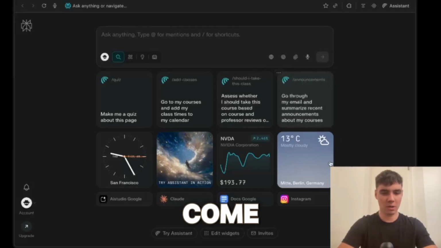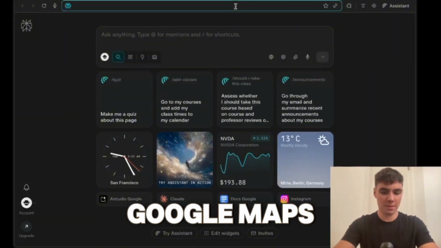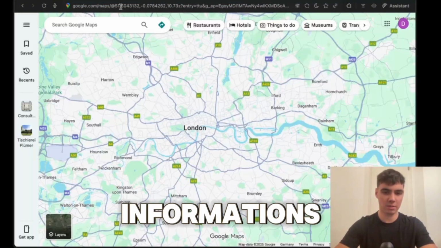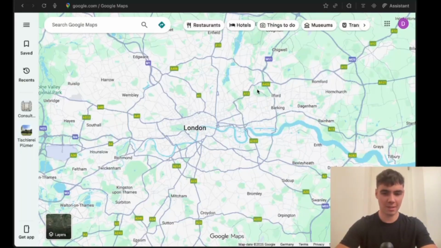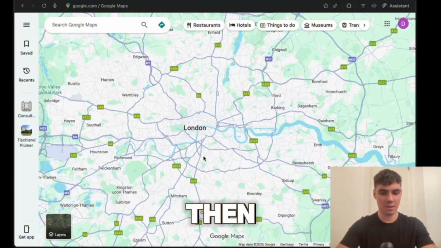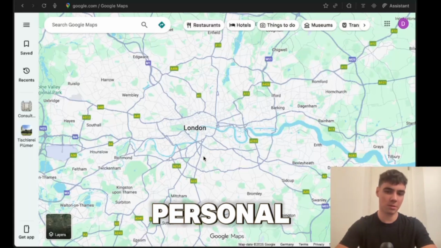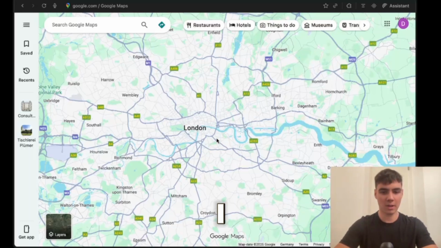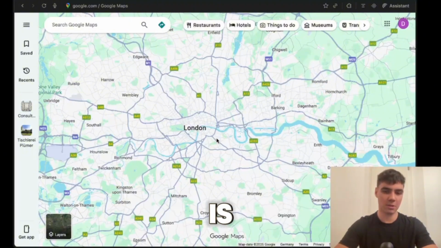called Comet. When you come here, this is the main menu, and I would open two windows in the first place. One for Google Maps, where I will pull all of my information based on the Google search. My assistant will look at different businesses and get me 4 different types of data. It will look at 4 criteria. First, if it matches the criteria, then it will collect the email, the company name, and some personal twist, some personal information about the company. Later on, I will use this information to personalize my email and send an email which is converting really, really